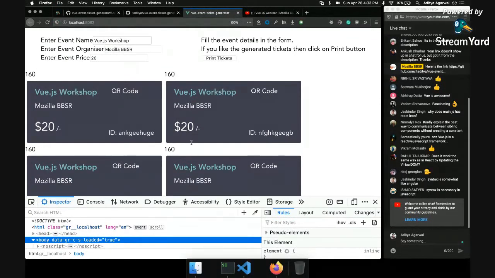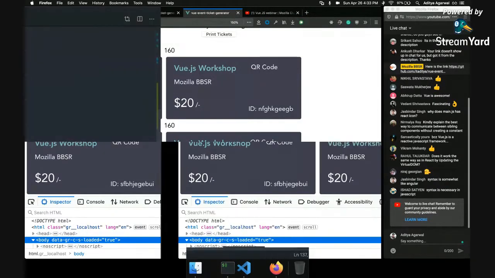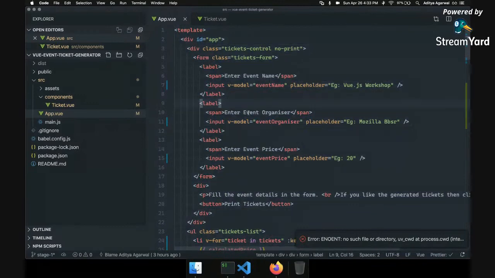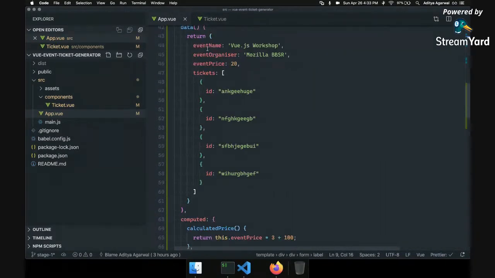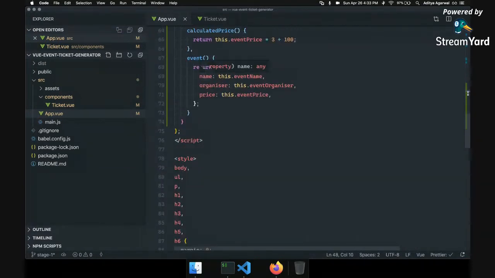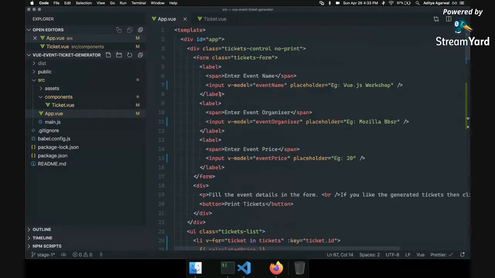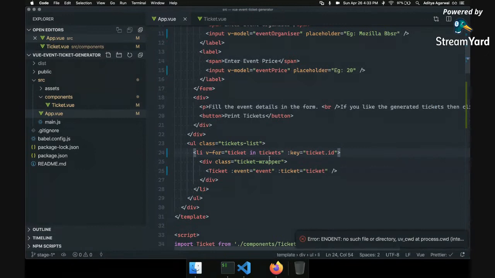So yeah, this is the power of computed, and it is very handy because your markup doesn't get bloated with all the calculations on the data. You are basically watching this data. So any change in data, you can use this data to compute new values, and you can use those in the markup. So yeah, we have done that as well.